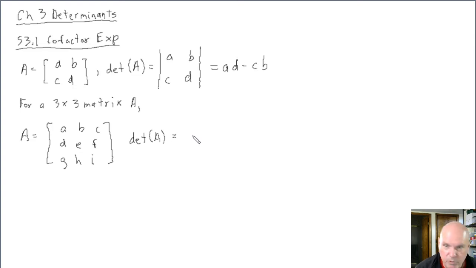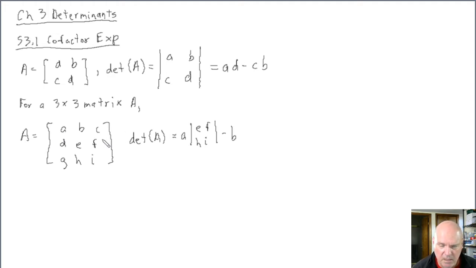And he has this proof in the book. But it's a times the determinant of the 2 by 2 matrix that remains when we eliminate the row and the column that contains a. So it's a times this 2 by 2 determinant e, f, h, i,